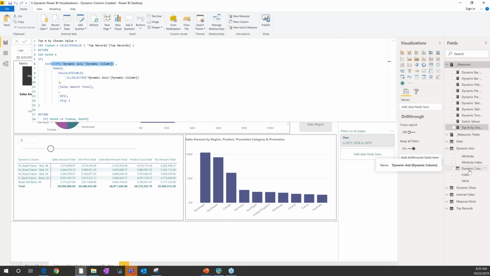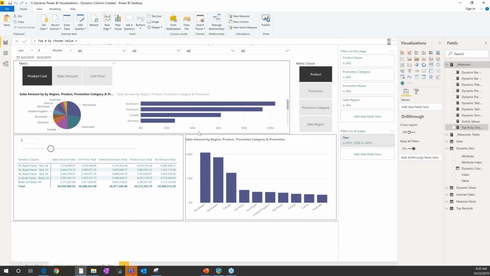If you're feeling confused because you're new to Power BI, don't worry about this part. You can do this without it being so complicated. And then I choose my measure here that has the total amount for sales. And I just say, what's the rank of it, using RANKX, which is a DAX function. And I'm just saying if the rank is greater than the number selected, then show it. If not, show blank. And then the way I make that work